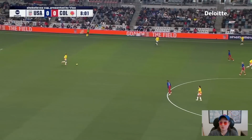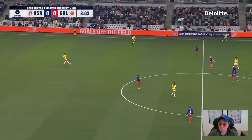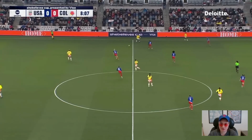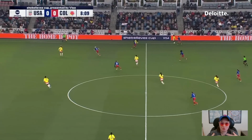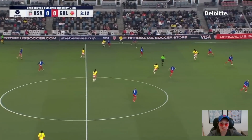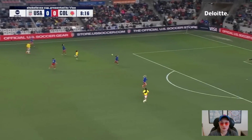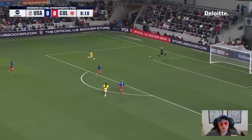I think this was our first good look at the defensive structure, and it's a 4-4-2 again. Emma Hayes not wanting to make any tactical changes. This means the players, even when they haven't been playing, all the information they've been watching since the Olympics is all useful for them. I think overall they did a nice job getting this ball back,